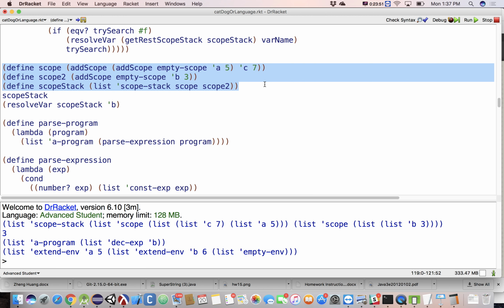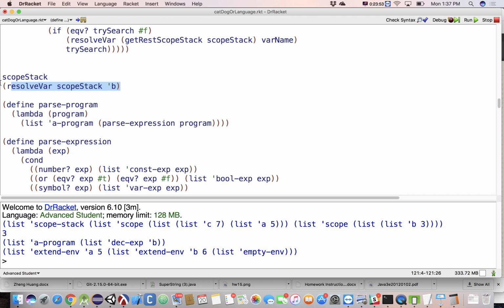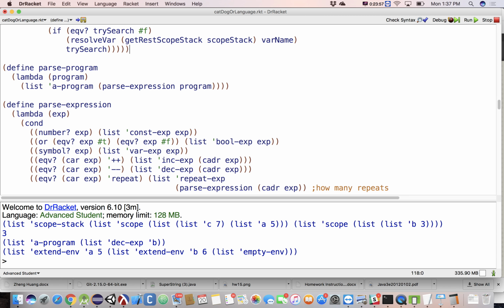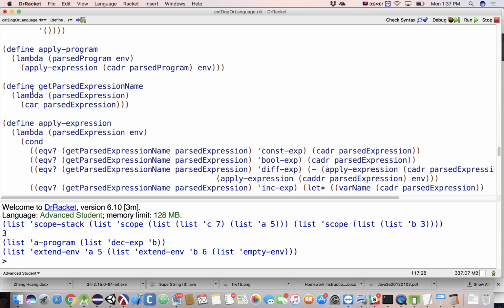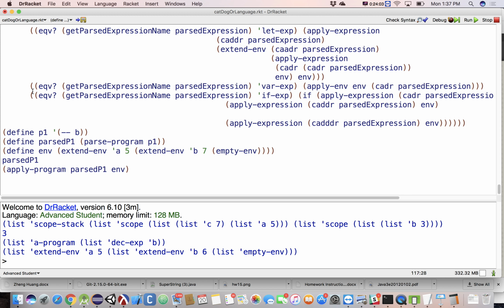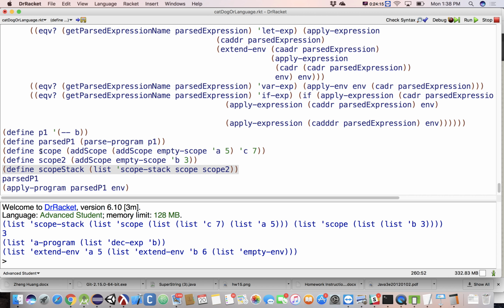So I'll get rid of those two things. Get rid of this. We're going to move those. I copied those. We're going to move it down to right before we call apply program down here at the bottom. So right now, here's the environment we're passing in there. So we're going to get rid of this environment, or starter environment. And instead, we're going to define a global scope,